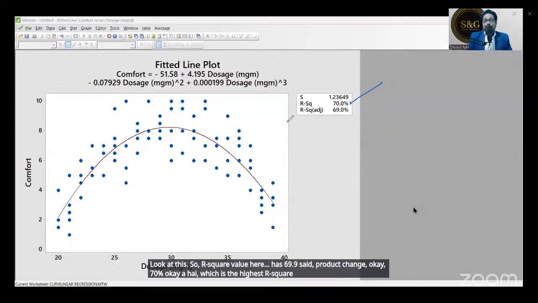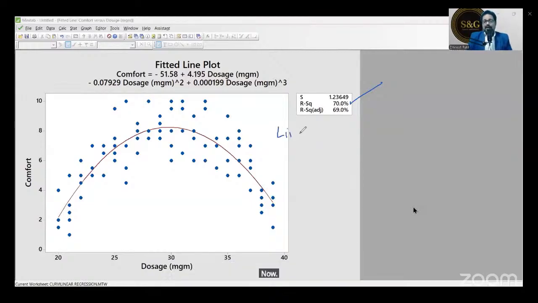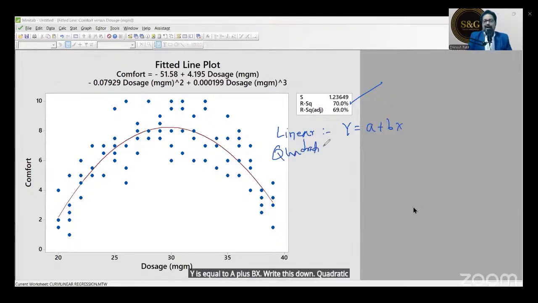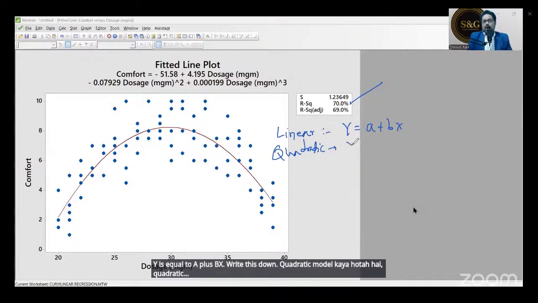Now write this down. What is the linear model? Y is equal to A plus BX. Write this down. What is the quadratic model? Quadratic: Y is equal to A plus B1X plus B2X square.